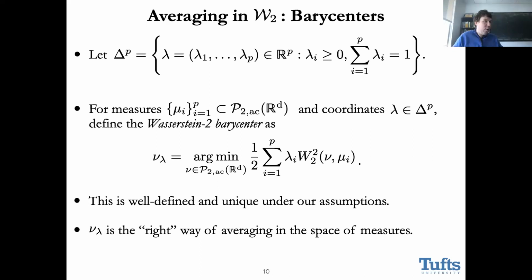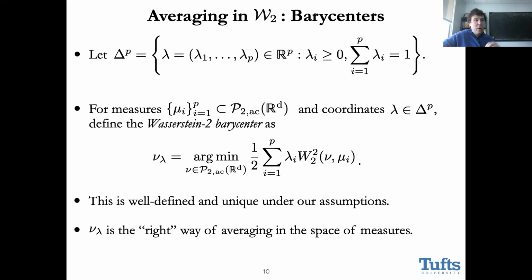So the most natural question is, well, what's the right notion of averaging in Wasserstein space? And one can average probability distributions in a more naive way by just taking mixtures, right? Where I would take some coefficients, take some measures, and say, okay, these coefficients correspond to a multinomial distribution. I sample from that to figure out which measure I'm going to sample from, and then I take just samples from there. This winds up being not the notion of averaging you get in Wasserstein space.